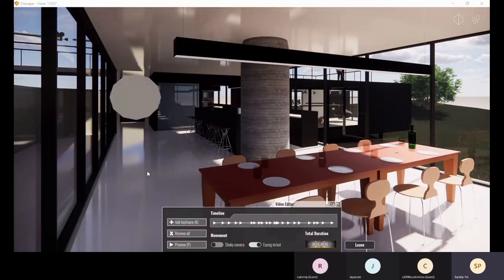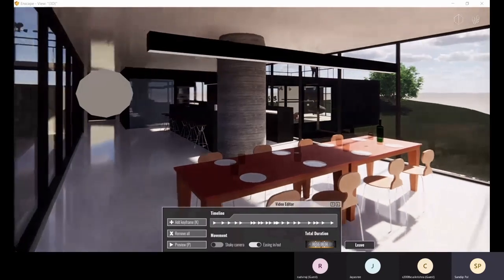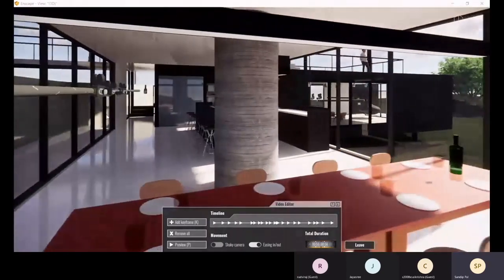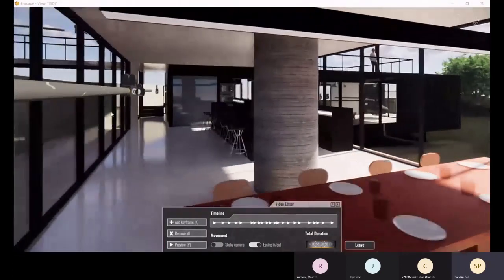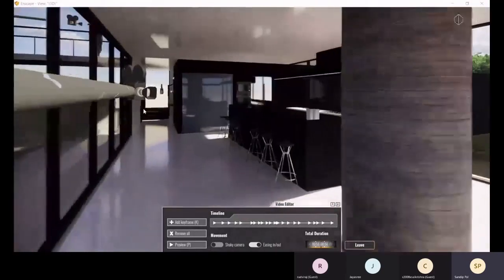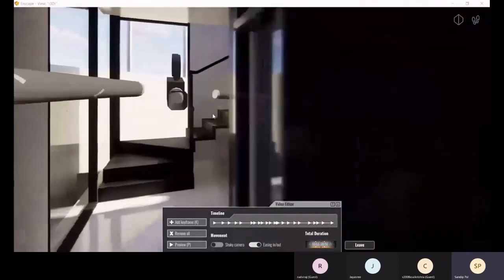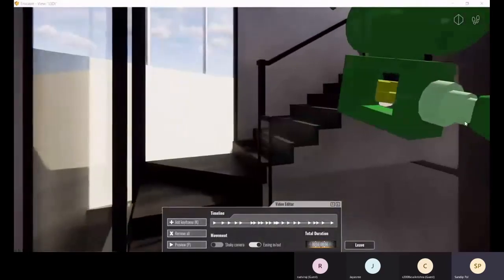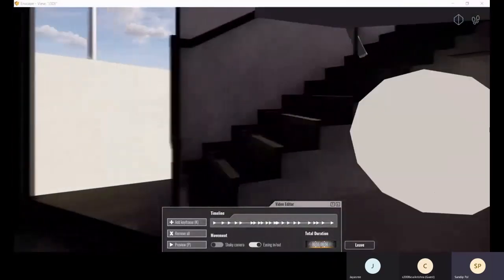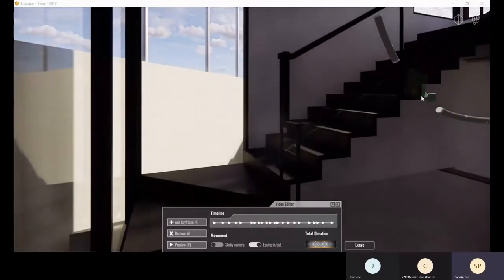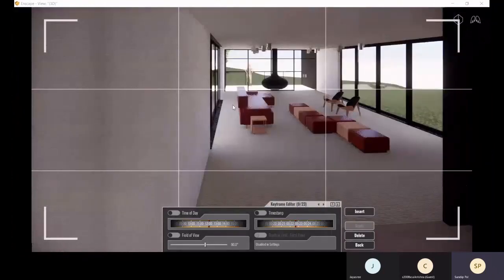Suppose you want to change the camera position somewhere. You see this camera path has been created. Go around, you will see this path has been created, and this camera where you have placed the keyframe. So here you want to change that.